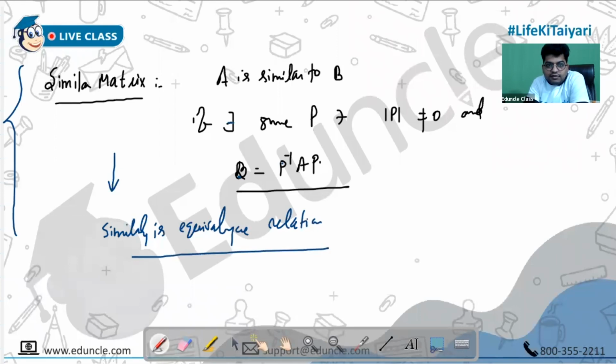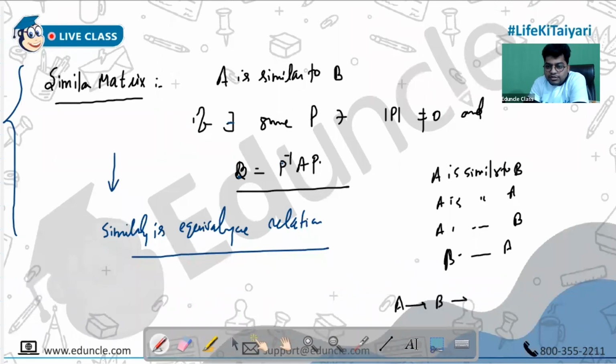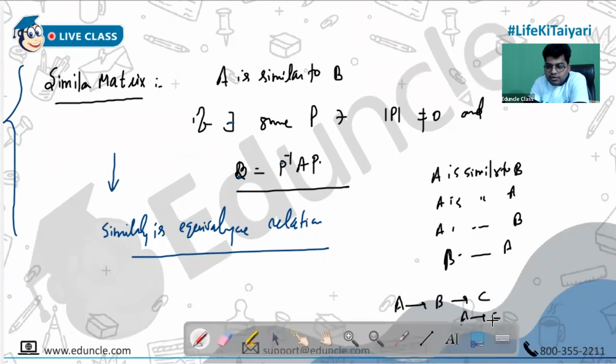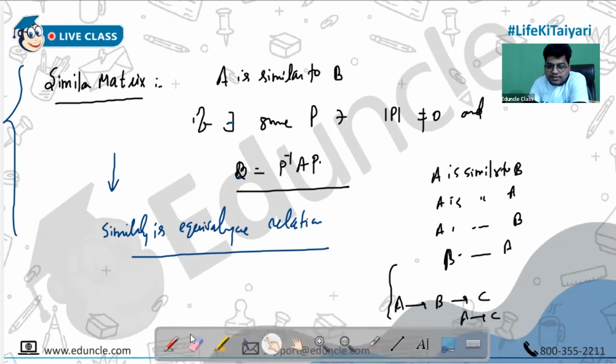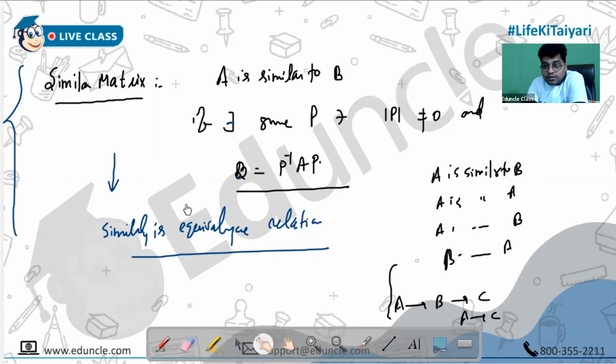we have discussed in our classes also. A is similar to A. If A is similar to B, then B is similar to A. If A is similar to B, B is similar to C, then A is similar to C. So all these kinds of things we have discussed earlier in our previous classes. Done. And you know that